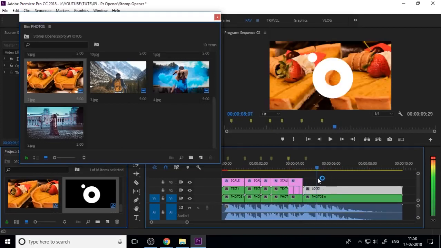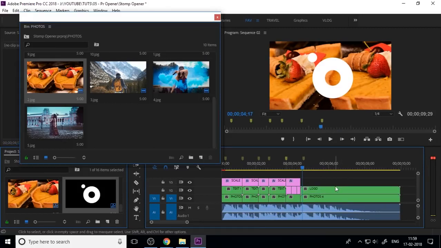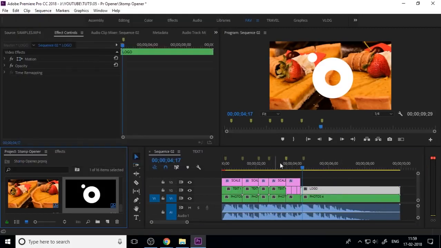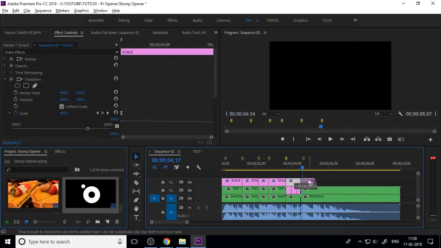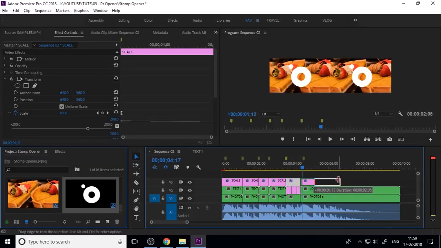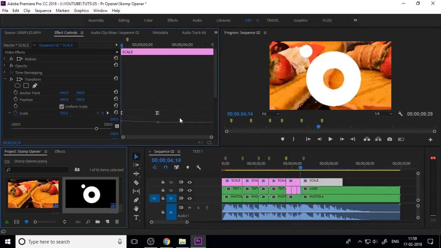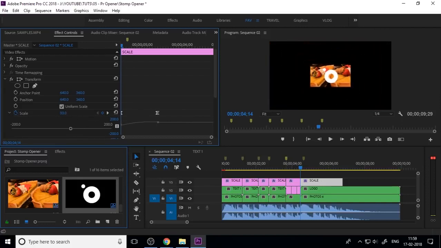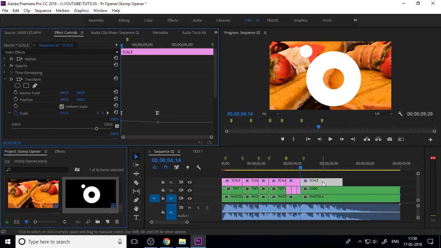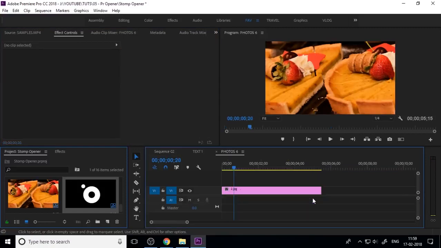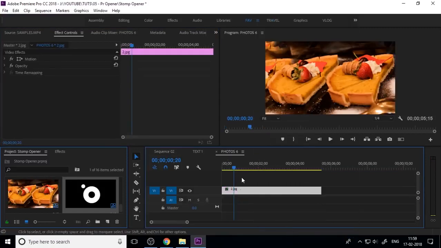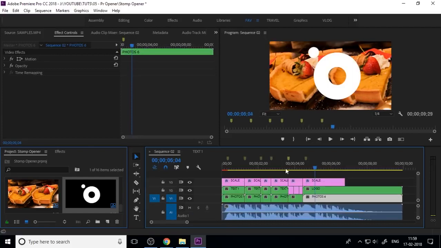I need to animate this logo. Next you need to drag and drop the scale adjustment layer on top of this logo and the photo, and control the scale keyframe, and if you go to those photos,